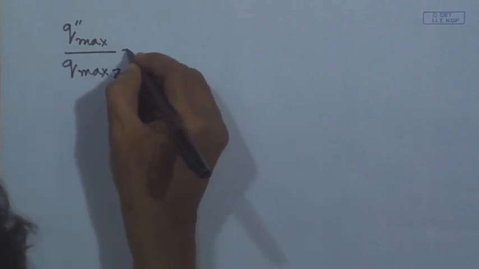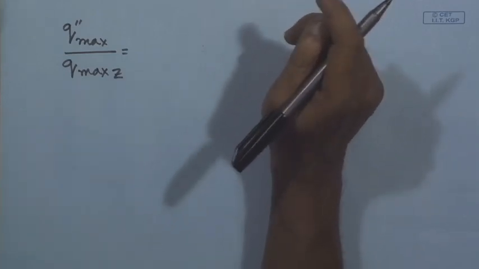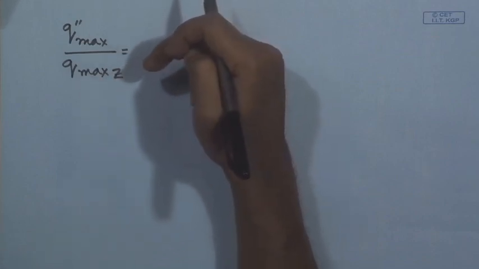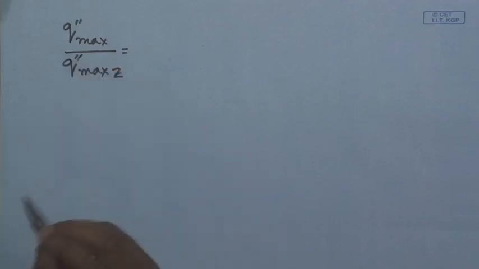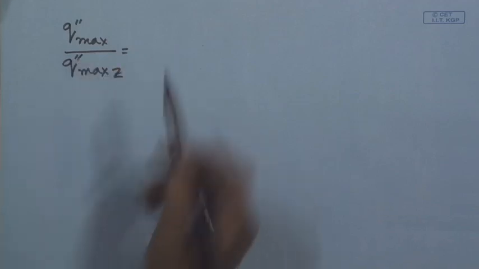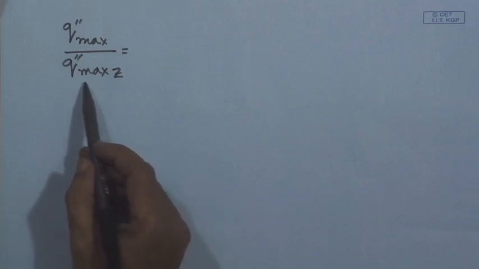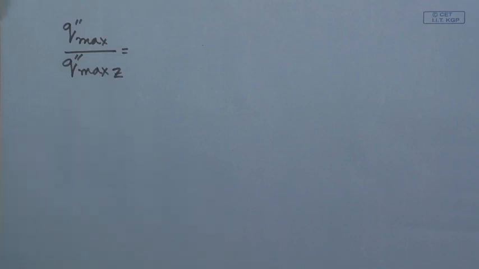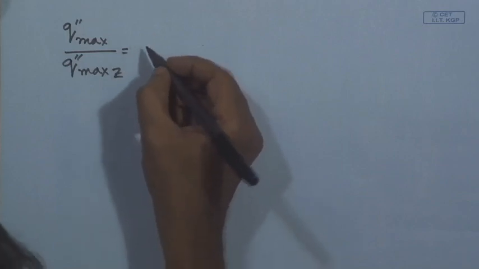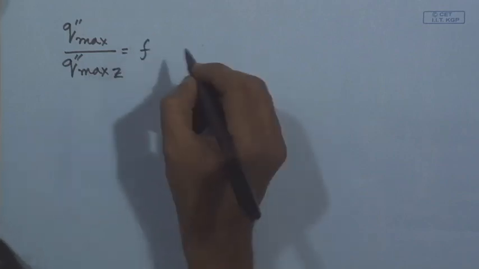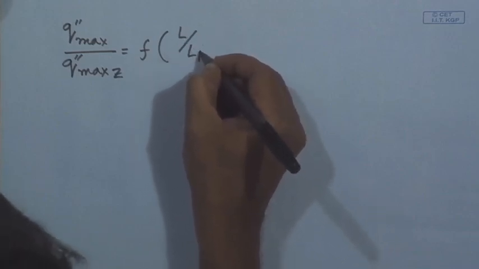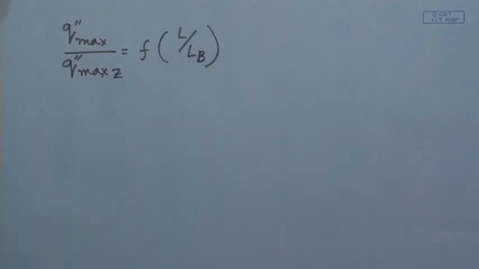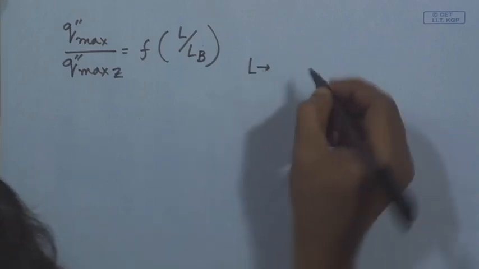This relationship says that the critical heat flux in other geometry can be obtained from the critical heat flux which Zuber's theory has predicted, the critical heat flux which we have just now derived, and this is denoted by q max with a subscript Z. This is given by a function of L by LB, where L